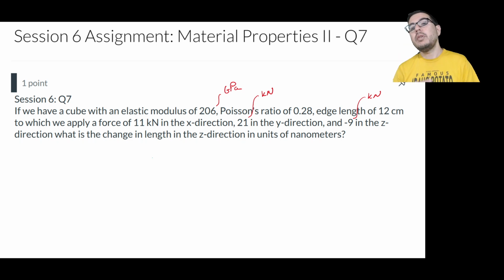In this problem, we're looking at a cube that has an elastic modulus and a Poisson ratio, and there are forces being applied to the different faces of this cube in normal directions. And the question is asking us, how much change in length is there going to be in the z direction for this particular cube? So let's go ahead and take a look how we can break the problem down into